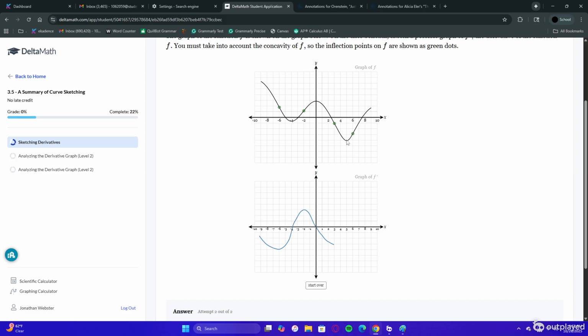this is where f is decreasing. So because it's concave up, f prime is going to be increasing, and at 5 right here, this is where f prime is going to intersect at 0. Now 5 to 6, it's still increasing. F prime is still increasing, but now f is increasing, so f prime is going to be above 0